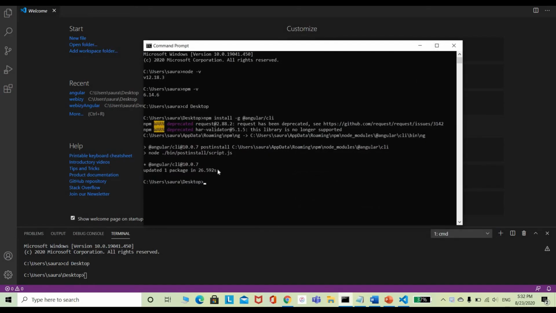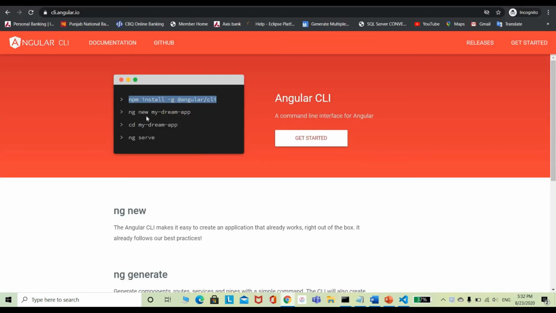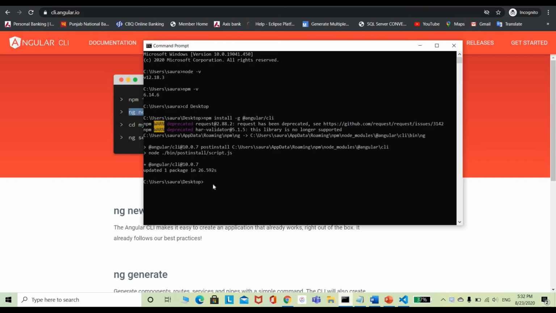Now you can see that the first command has completed execution. So what exactly you need to do, just go and use the second command. You can also use your own file name. You can change the file name as per your own wish. Now the first step is whether you need Angular routing or not.